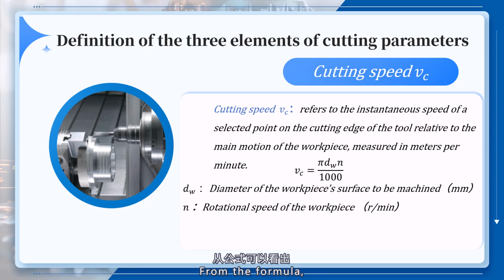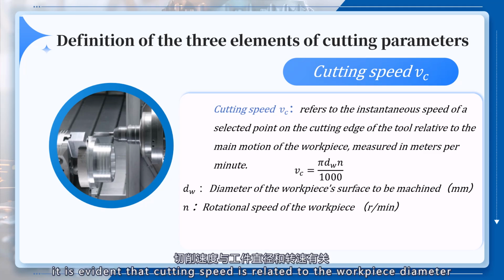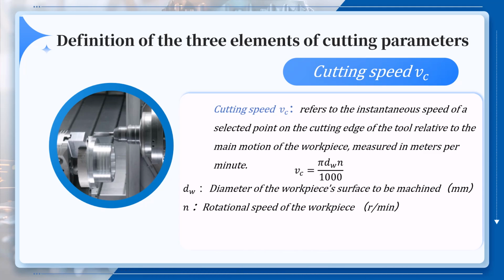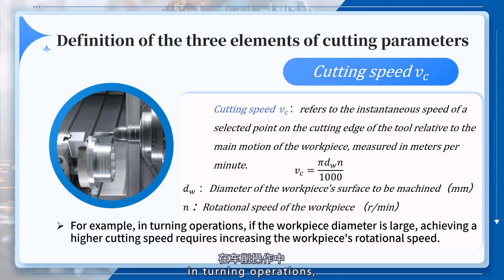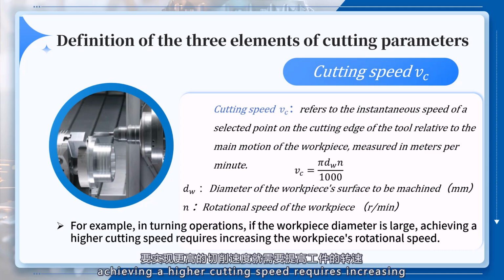From the formula, it is evident that cutting speed is related to the workpiece diameter and rotational speed. For instance, in turning operations, if the workpiece diameter is large, achieving a higher cutting speed requires increasing the workpiece's